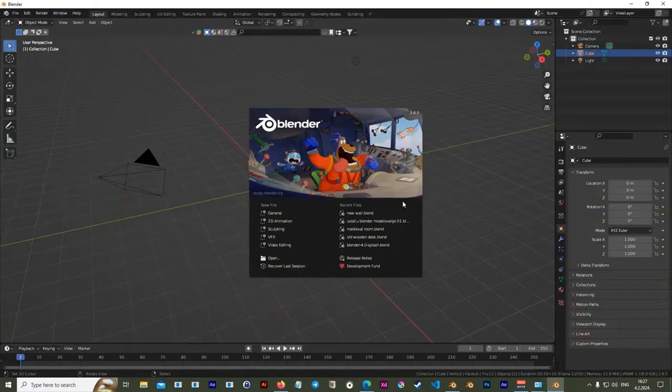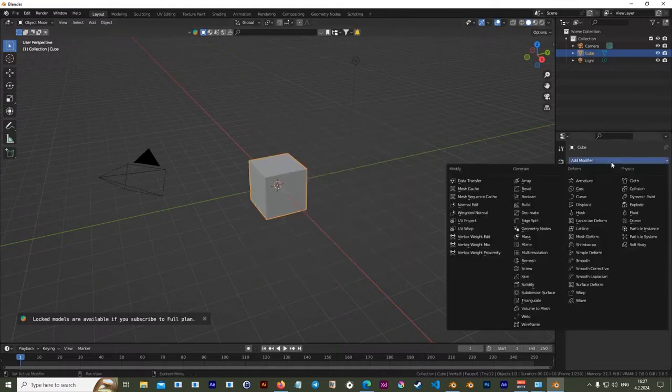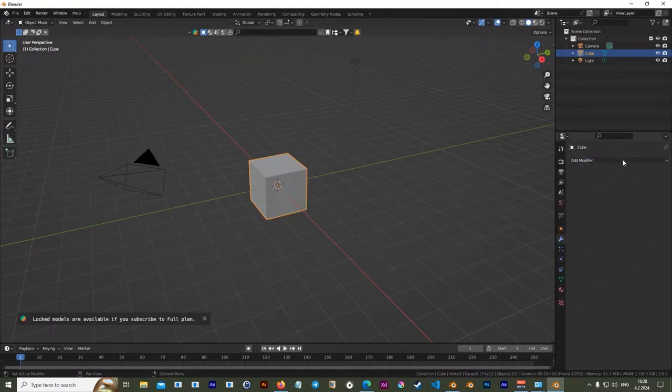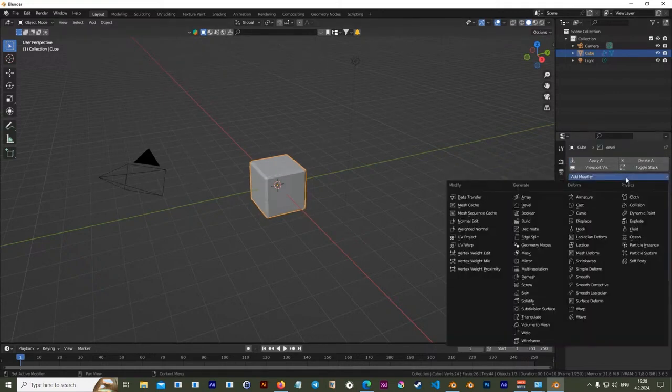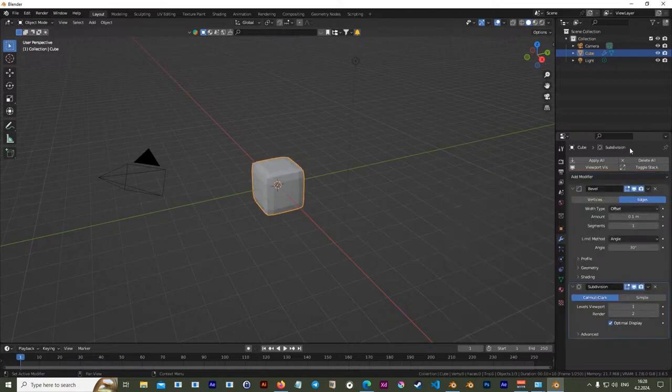3.6. I will show you. Come on, open. Okay, Blender 3.6 also has this completely empty, unnecessary space, but it shows all my modifiers in one list. And I can add the weld modifier, I can add the subdivision surface modifier, and I can see those modifiers. In version 4,